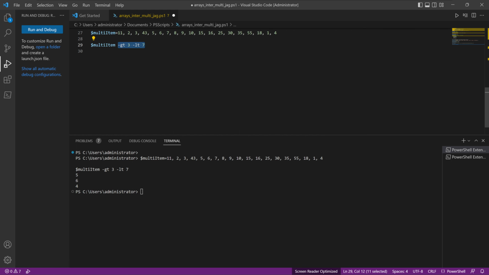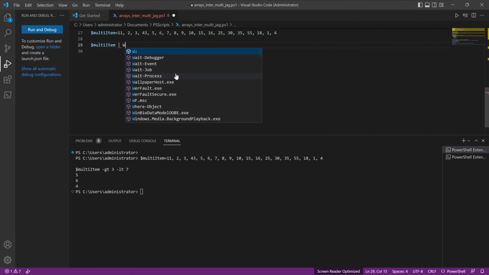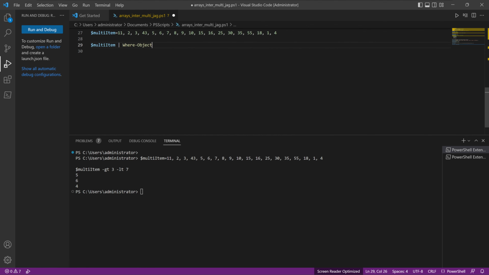method. So how you can do that is you can type something like multi-item, in this case that's the array name, and I'm going to put a pipe. So pipe is this symbol. I will explain how pipes work in my future videos, maybe in depth. For now, just know that is a pipe, and I'm going to use Where-Object,